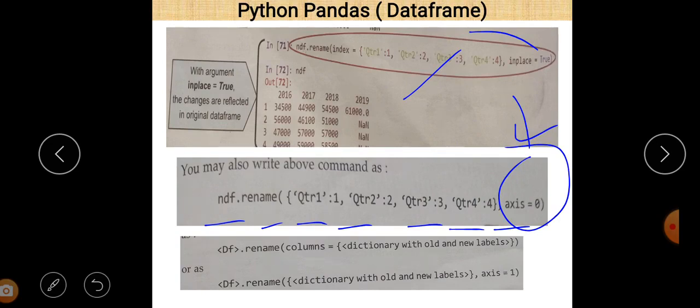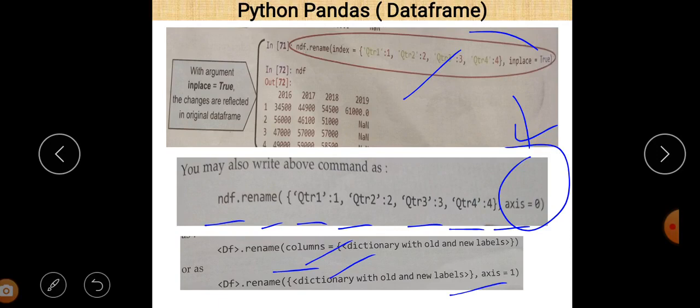Next you can easily see that df dot rename, and if you want to change the column names, then you can put columns as a parameter here. Okay, and there are two different syntaxes of this: using columns as a parameter value or using axis, mentioning axis is equal to 1.